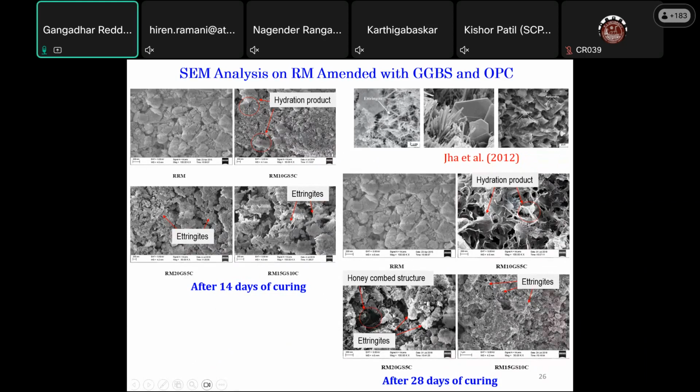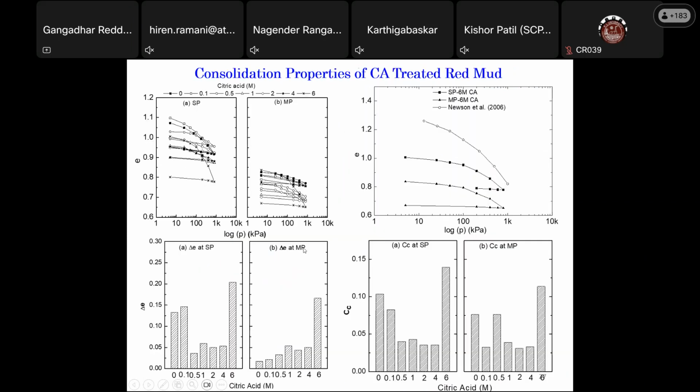So if at all you are using a higher amount of cement, there could be a possibility of honeycomb structures as well. That may not be good for the stabilized soil. So as I was talking more about the treatment of red mud using acids, earlier